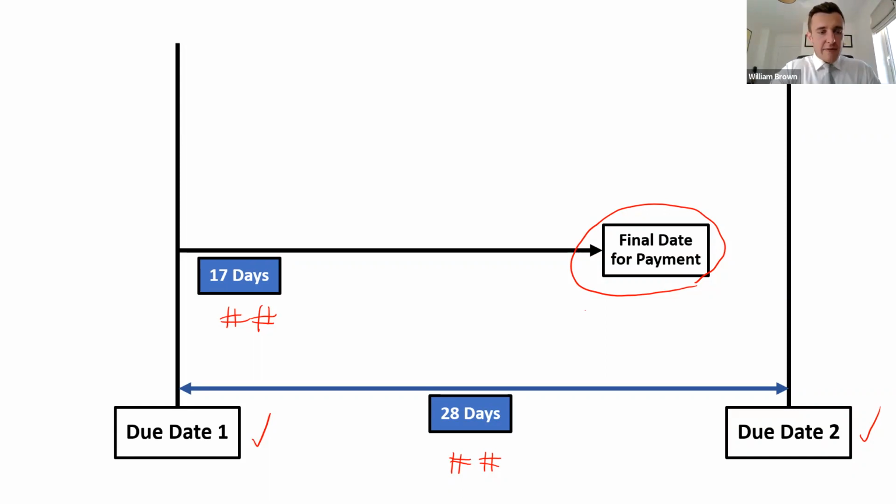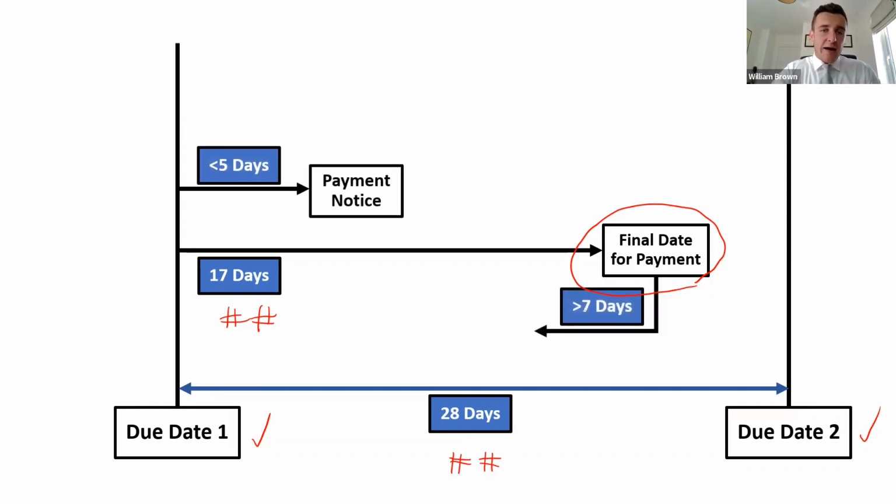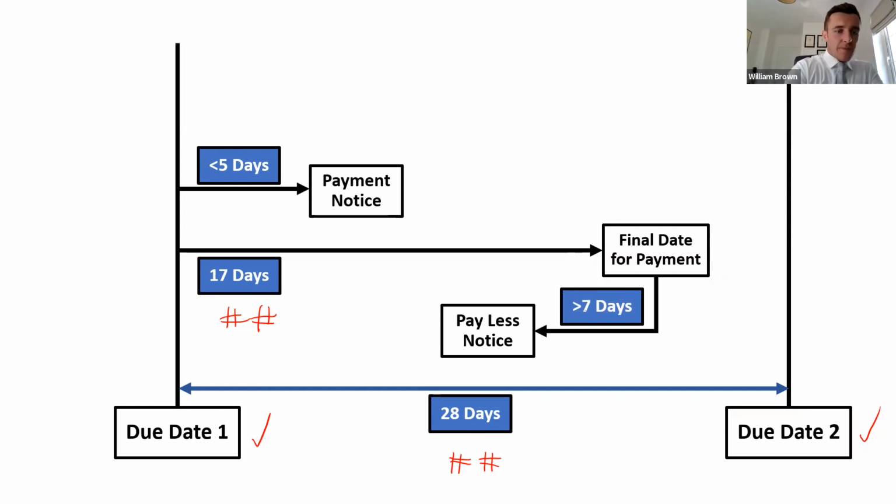What you also have then within the Housing Grants Act and the scheme are a couple of certificates. And again, most people in the audience have probably heard of this if you're dealing with the commercial side of contracts anyway. We have the payment notice and we have the pay less notice. And what these certificates do is they enable the person making the payment to dictate how much the payment will be. So let's use an example.